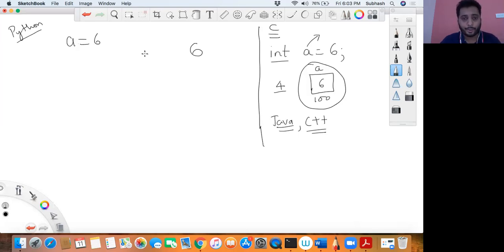Okay, so you can consider it as a tag given to a constant that is stored in memory like this. So what happens when I say a is equal to 6? Somewhere in the memory on the heap, the 6 would be stored, and there is a tag like a attached to it, to indicate that yes, I'm referring to this particular constant.